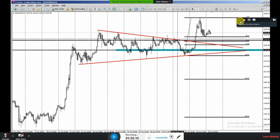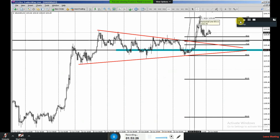This from here, from this resistance, rejection here, down to the support, that's 50 pips in a day. Like, are you serious? You can't ask for nothing else. This right here went up 150 pips, almost 180, I think. All right. And this with me, what I saw here, long term,